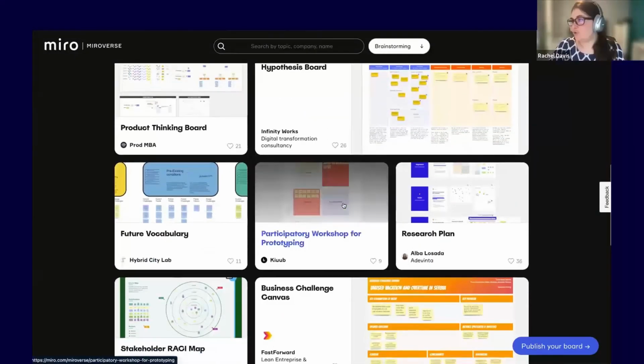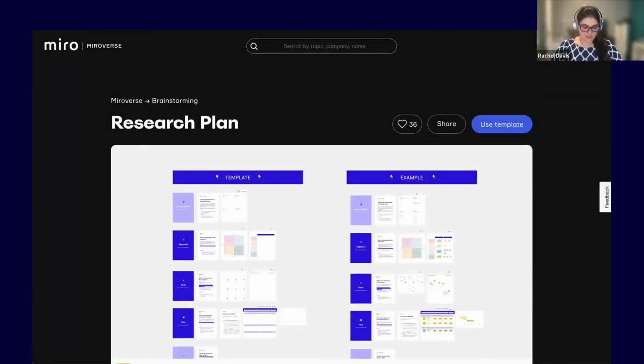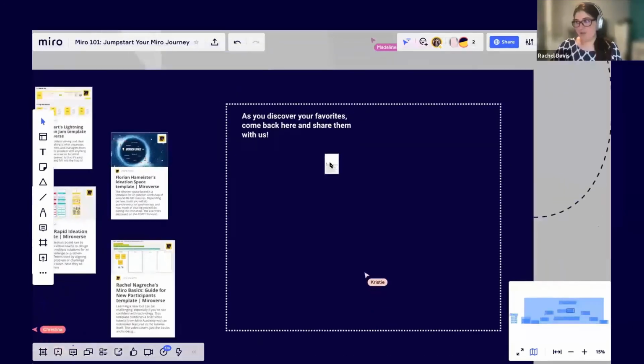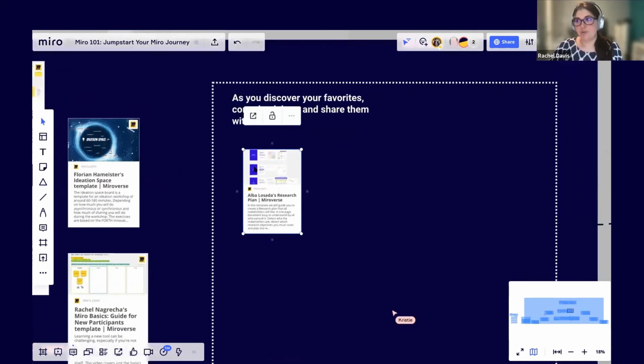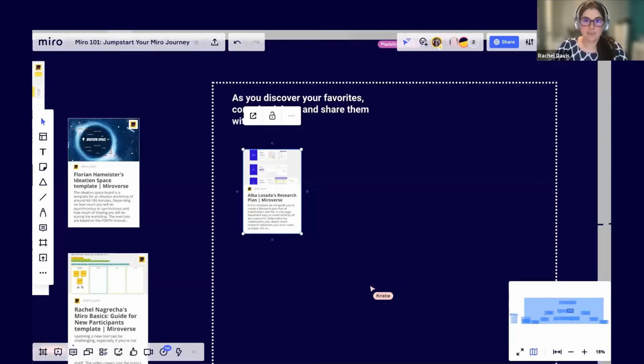All right, let's take this research plan. So all you have to do is grab this, just copy the link, go to your Miro board and control V or command V, whether you're on PC or Mac. If you just paste the link and just make it a little bigger, it'll give you the link, the actual link here. So you see this little source button. When you click on that, that will open it up. So all you have to do if you want to share a web page on Miro is copy and paste the link onto the board.